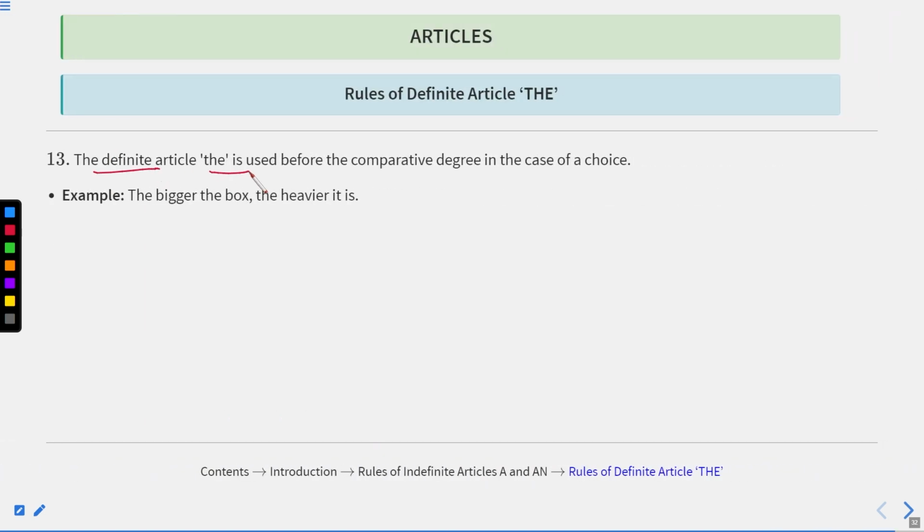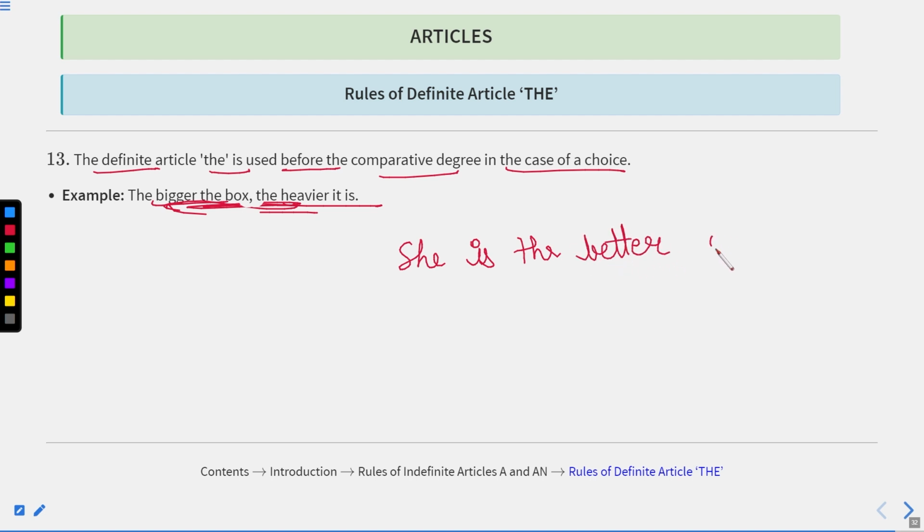Now, the definite article "the" is used before the comparative degree in case of choice. Whenever we compare two things and make a choice among them, we should use "the". For example, the bigger the box, the heavier it is. On both sides, we have the comparative degree, so we use "the". Also, if I say she is the better of the two sisters,